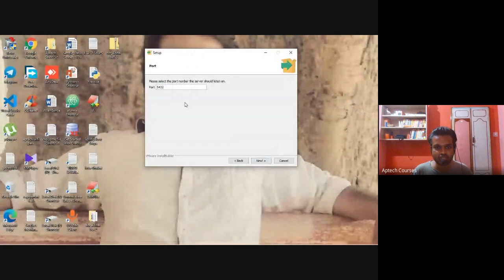Now click on next. For Postgres, the port number is 5432 by default. You can also change this, but let it be the default.